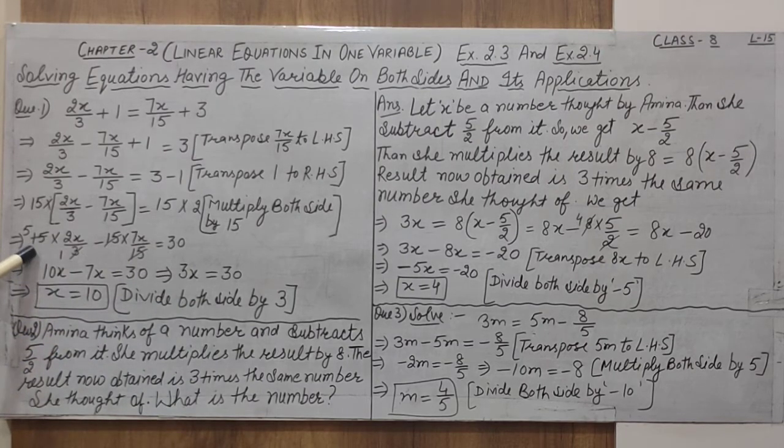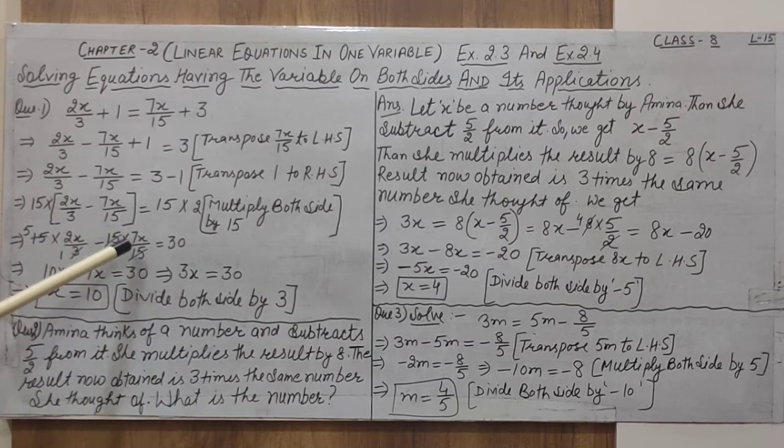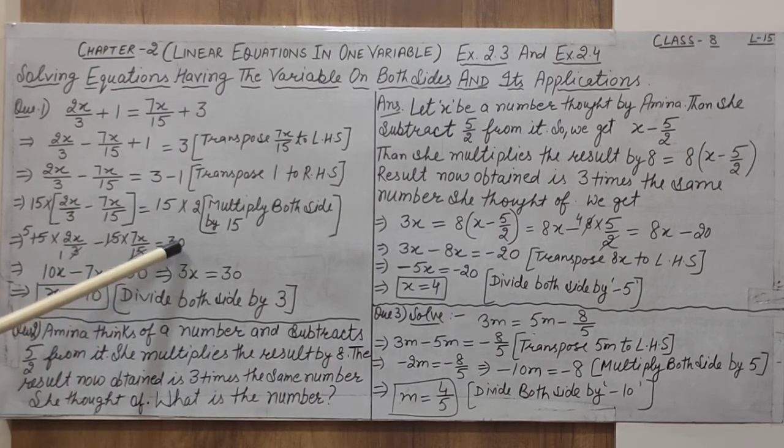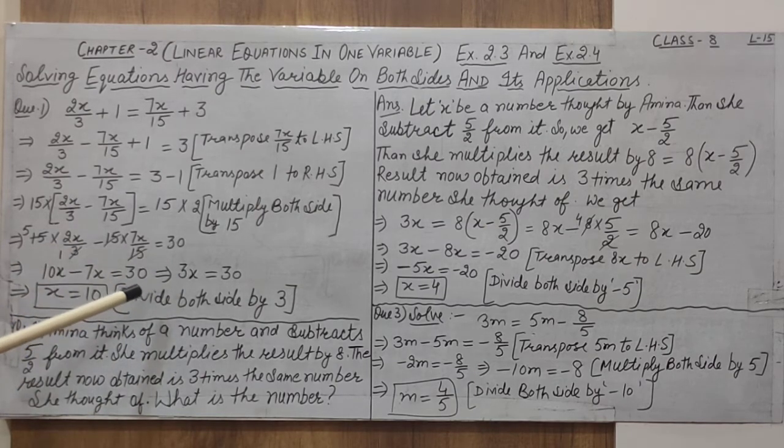30, that is automatically solved, na? Now in this equation 5 multiplied with 2x, what do we get? 10x minus 7x is equal to 30. From this we get 10x, and from this term we get 7x with the negative sign as it is. Is equal to 30. Now this is the simplest equation, a linear equation in one variable, that is x.